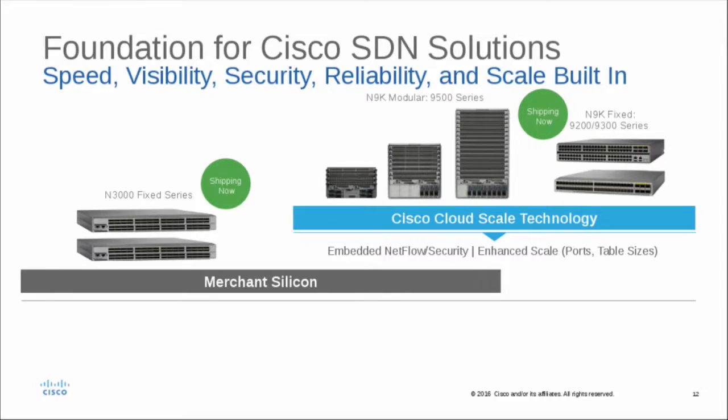And we have customers that are really using all of these technologies. If we look across the portfolio, you'll see both merchant silicon-based switches, our Nexus 3K line, as well as our new cloud scale ASICs, which are based on the Nexus 9K. These have a number of important new capabilities. One of the things you'll find is we're industry first to have 36-port line rate with 40, 50, and 100 gig. We can give you investment protection where we can use the same chassis across multiple technologies.